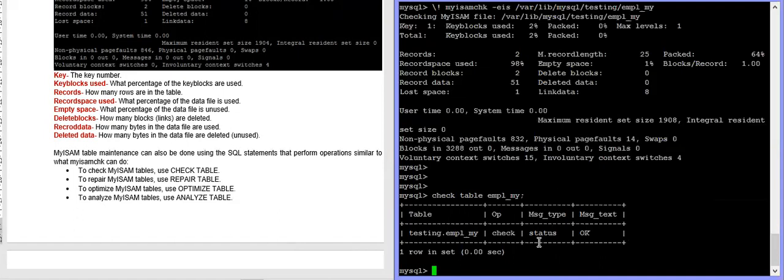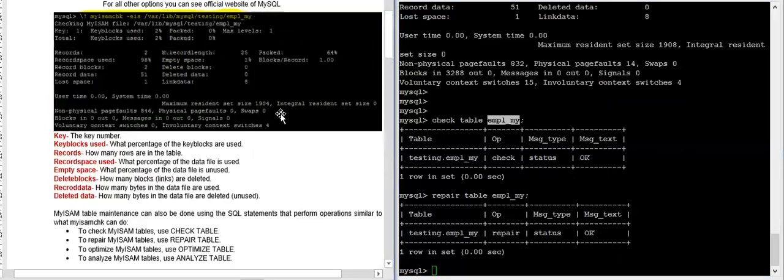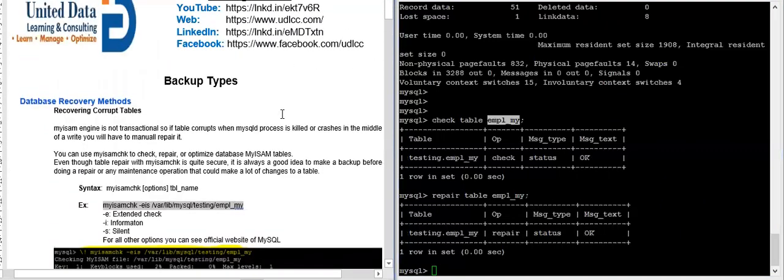And if you want to repair it, it will repair, but the status will be okay. Repair table, then the table name. Okay, the status is okay. It is not corrupted, so it is already repaired. So this is a small example of database recovery methods for your corrupt MyISAM table.